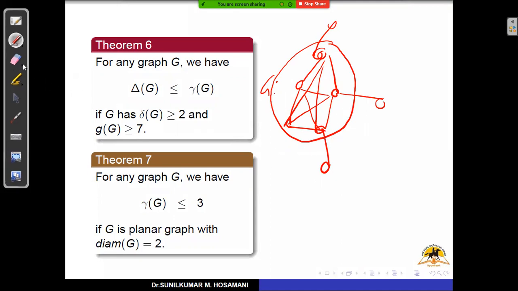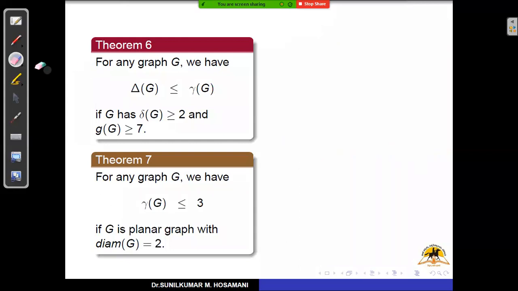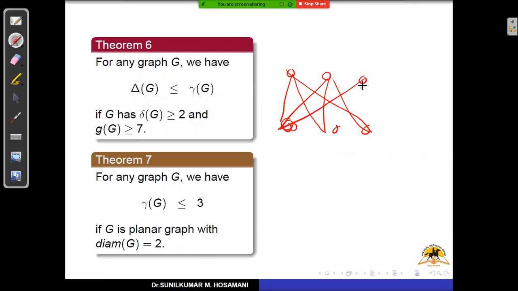Okay. And one more thing, suppose G contains K33 as an induced subgraph. So this is the graph K33. It's a complete bipartite graph on 6 vertices. Okay. So this is the graph K33. If a graph is free from K5 and